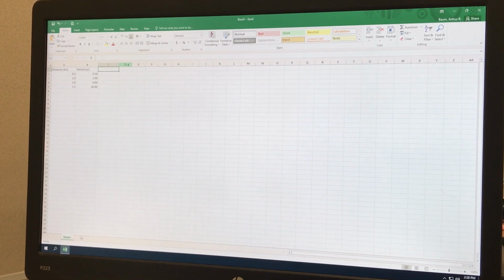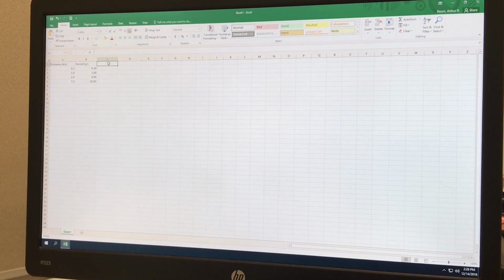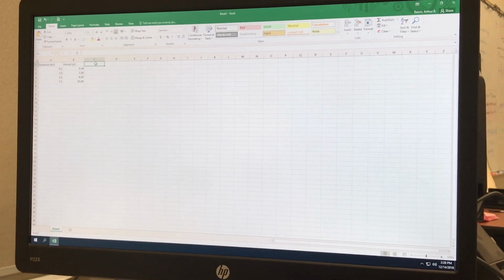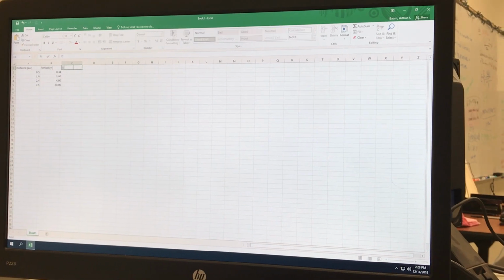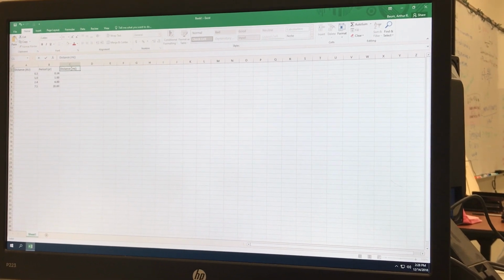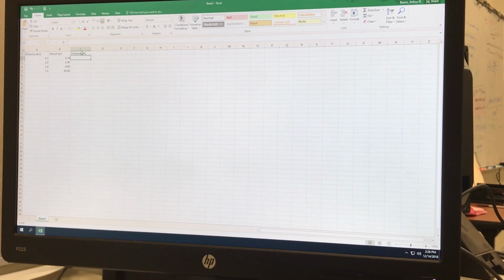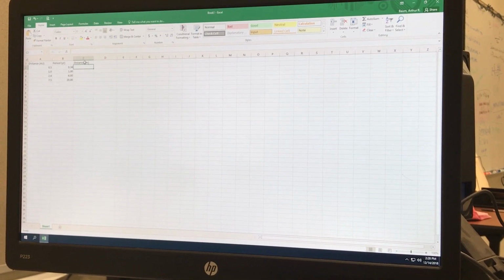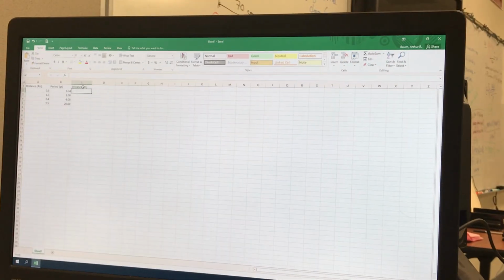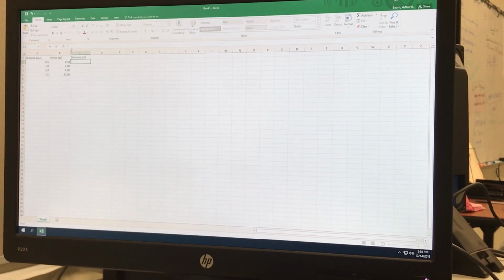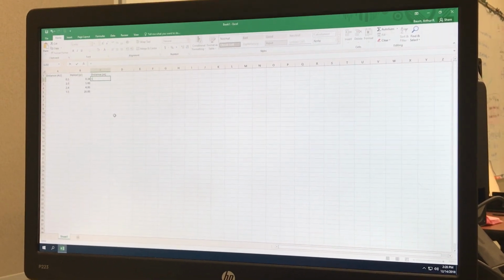And then you can tell it to calculate. So the point of using a spreadsheet is you're not going to sit here and convert all the AU to meters by hand. You're going to tell the spreadsheet to do it. Did you not know that? I did not. Well, otherwise, what's the point of using a spreadsheet? So you say equals, this is one way you can do it. You say equals